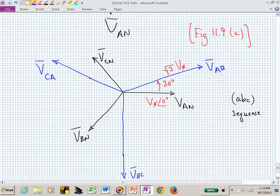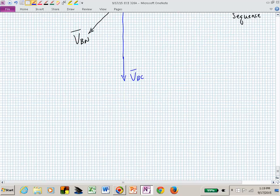Let's look at the line currents, how those line currents differ from phase currents. What kind of a load do we need for that to be true? When are the line currents